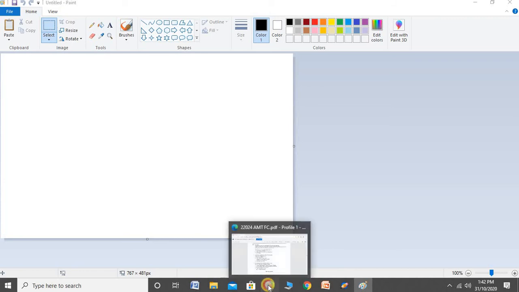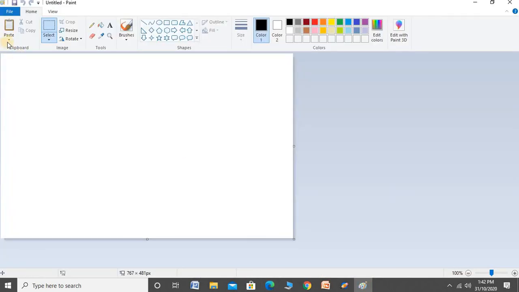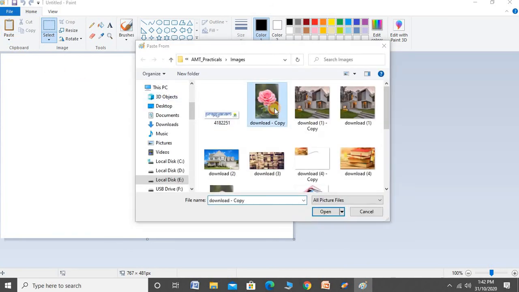In the question, it says open Paint, add 5 images on canvas, adjust the size. As per your choice, you can adjust that size. How is it possible? Using paste from, add the image, open it.